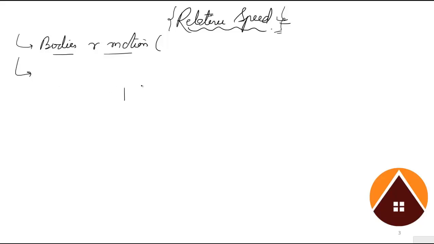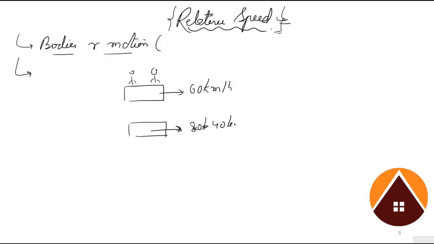Suppose there is a person, he is riding a car and there is another person sitting behind his car. This particular car is, suppose, going at 60 km per hour. At the same time, another car comes from this side in the same direction at, say, 40 km per hour. There is a driver over here. Say this driver is A, this person is B, this person is C. There is another person D who is standing over here.